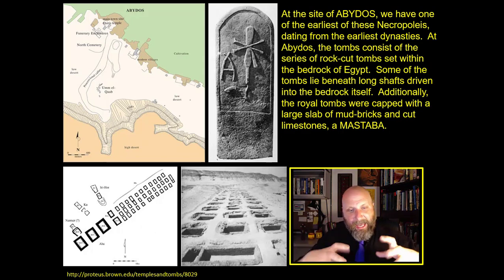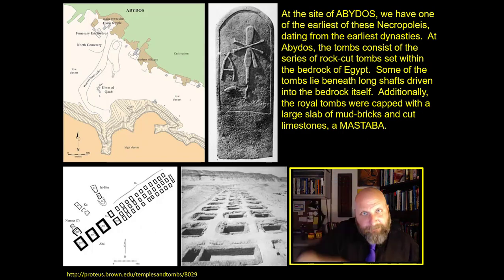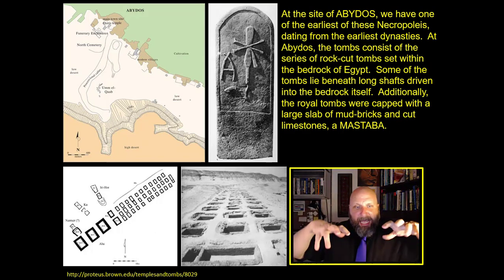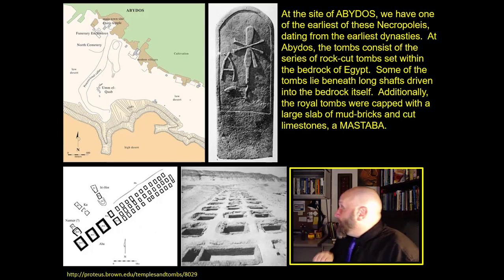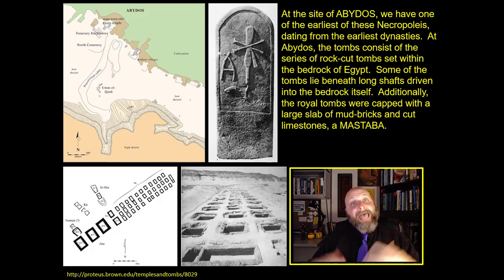But at Abydos, you have these rock-cut tombs, these shaft tombs that are driven into the bedrock underneath the desert stands themselves. And you have all of these different mastabas that are lined up with people that are buried inside of it. And you can see the map on the lower left, this row of mastabas. And right there, there's a row of mastabas themselves, these sort of rock-cut tombs. And in front of these tombs, on these mastabas, would be carved the name and the title of the family or the individual who is buried in the tombs underneath the mastabas.